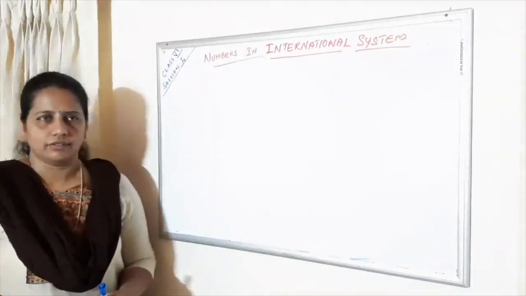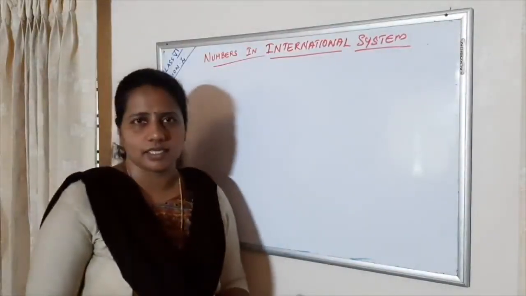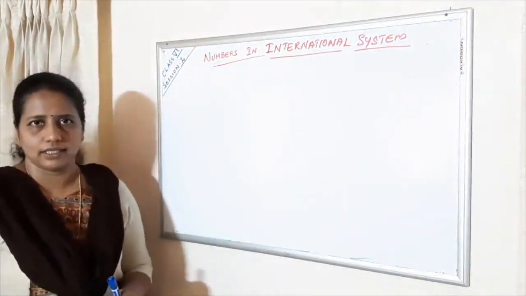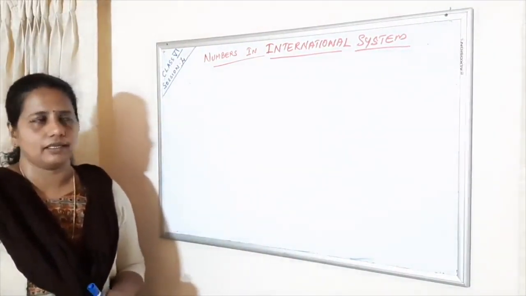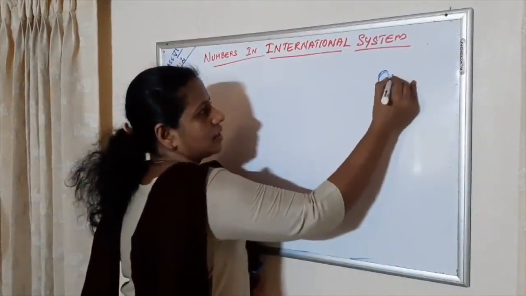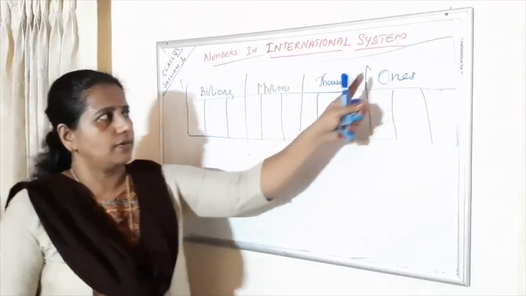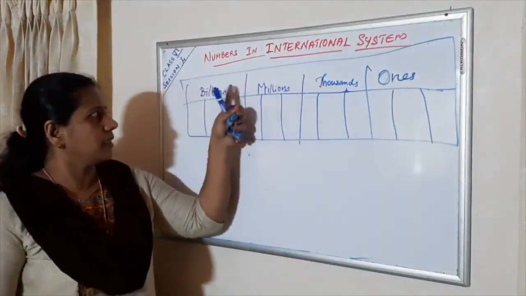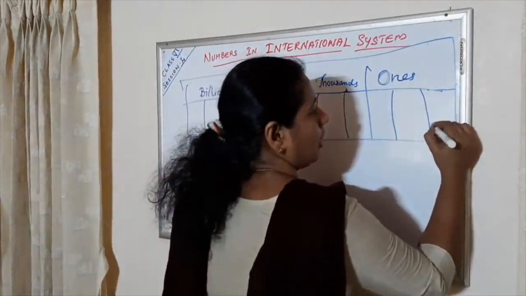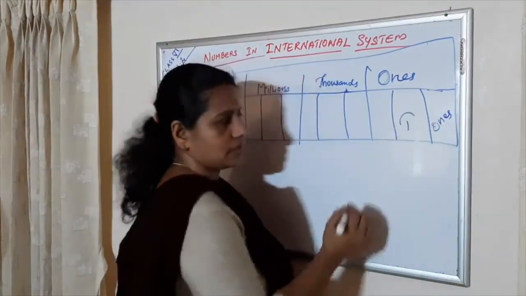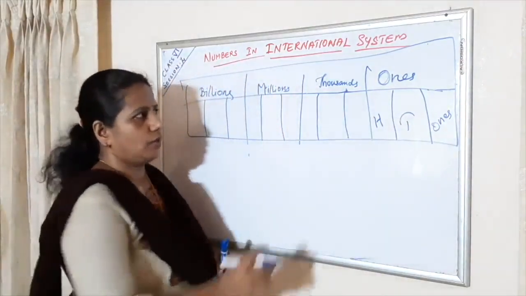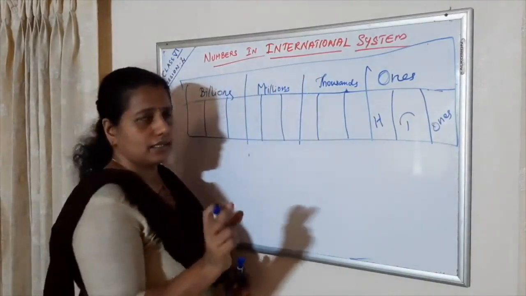Okay. Our next session is numbers in the international system. How to read and write it. You have already studied it in 5th standard up to millions. Now in 6th standard we are studying up to billions. These ones, thousands, millions and billions periods are there. In the ones period: ones, tens, hundreds. Then after that, insert the first comma. Then our pattern is 3-3-3.